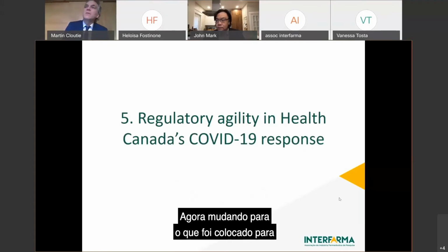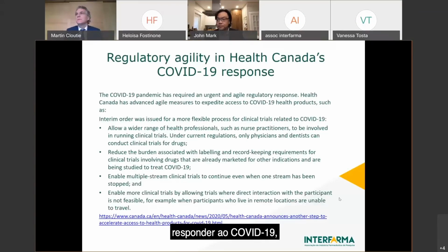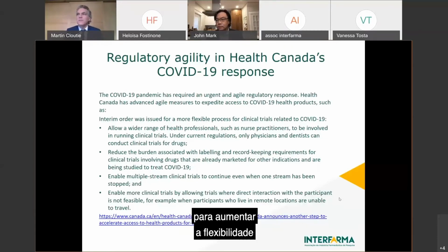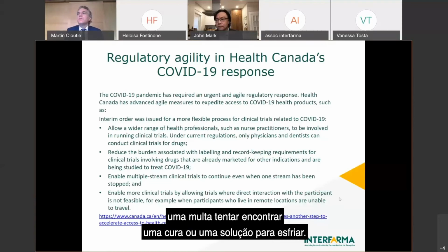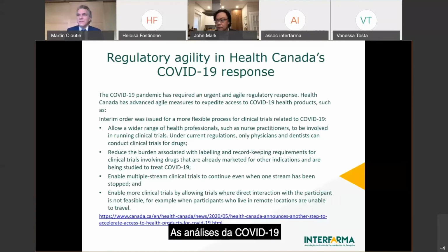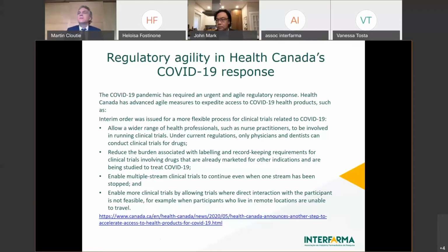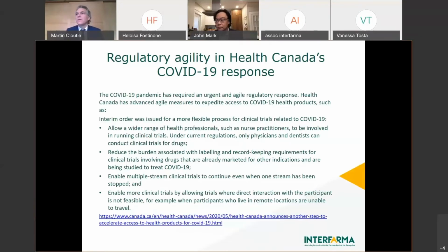So now moving towards what was put in place in order to respond to the COVID-19 crisis and pandemic. As a bit mentioned before, Health Canada issued an interim order in order to increase the flexibility. If you were to try to find a cure or a solution to COVID-19 related trials, they allowed for a wider range of health professionals. Before it was more restricted, so they opened it to nurse practitioners, and also for medical devices as well,